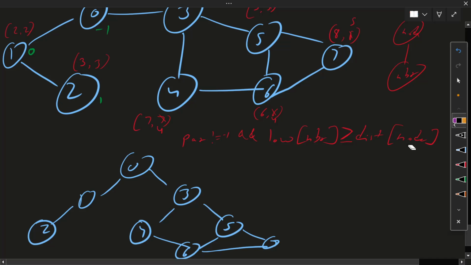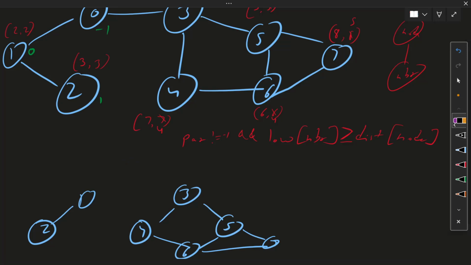So if I remove my root node itself and the children are greater than 1, then only we can say our root node is a critical vertex.